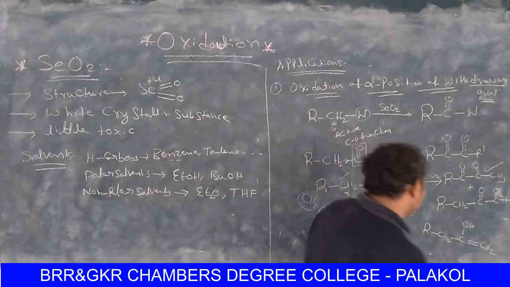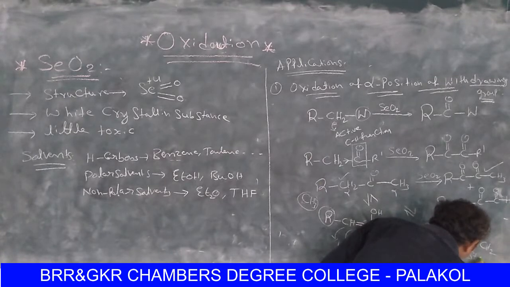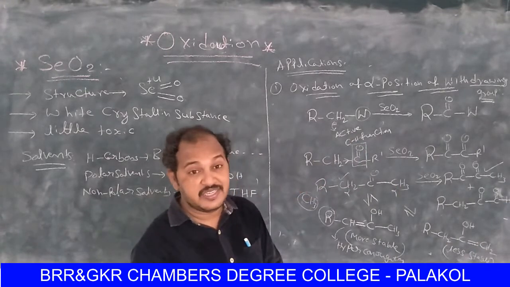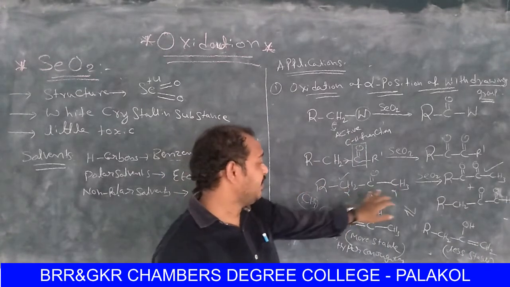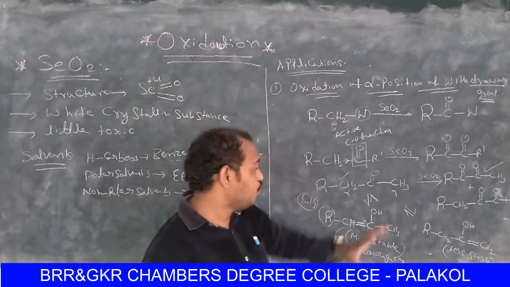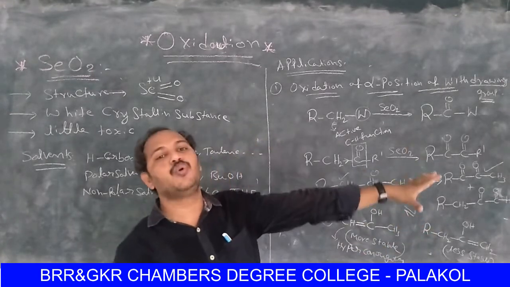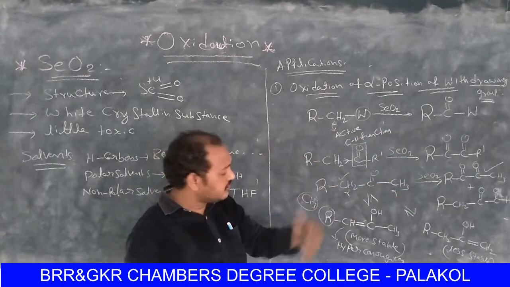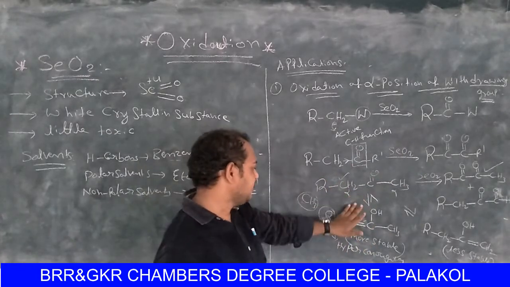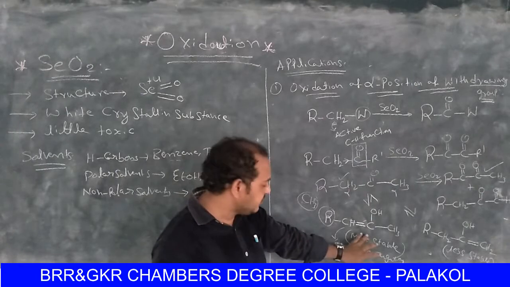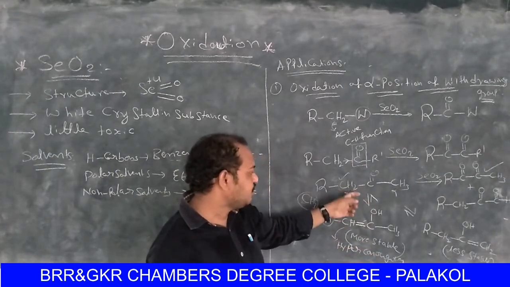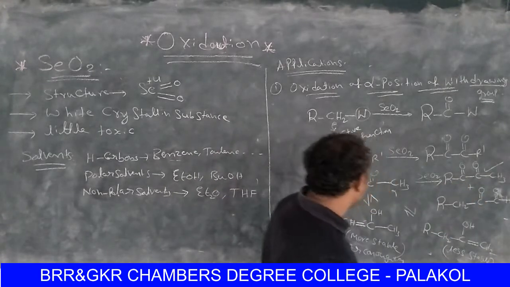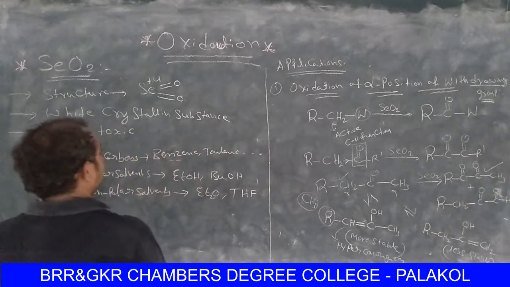So that's why this is less stable. This is more stable. Whenever there is a competition between two alpha carbon atoms or two alpha CH functional groups, we have to look at where the stable enol is formed. There the oxidation is taking place. In this case, the enolate anion is more stable. That's why CH2 will take first priority. That's why this is the major product. So that is the concept involved in this, right? And having all this knowledge, okay, right?